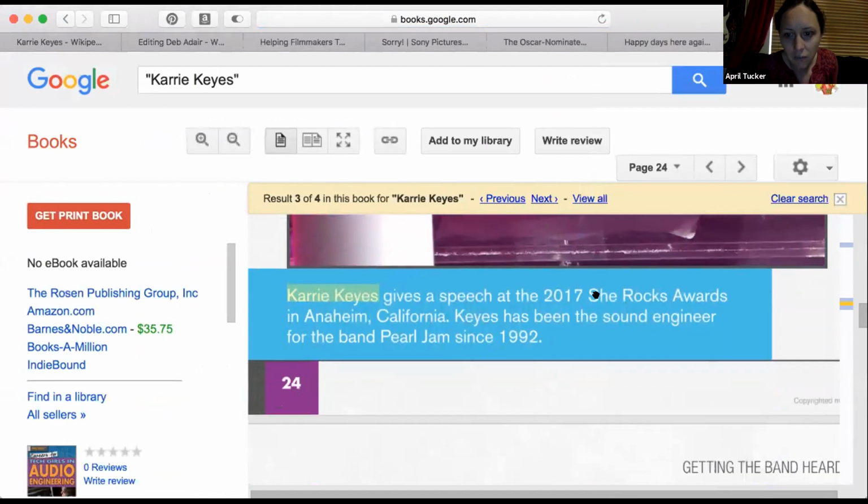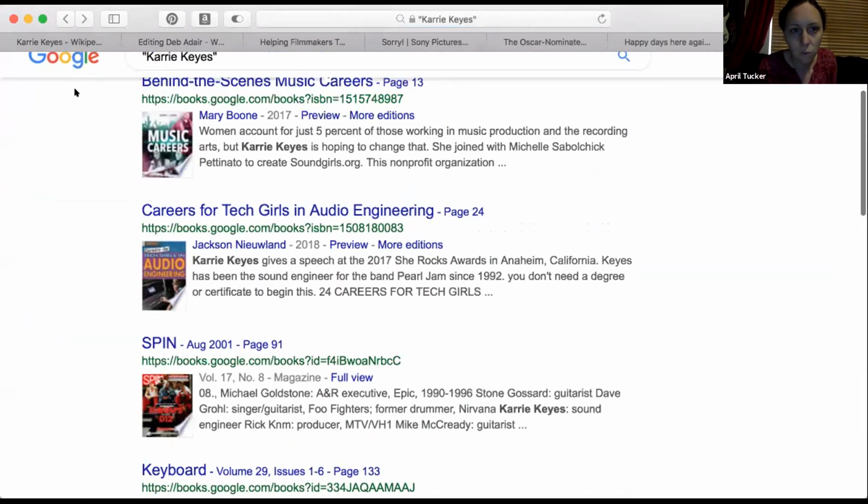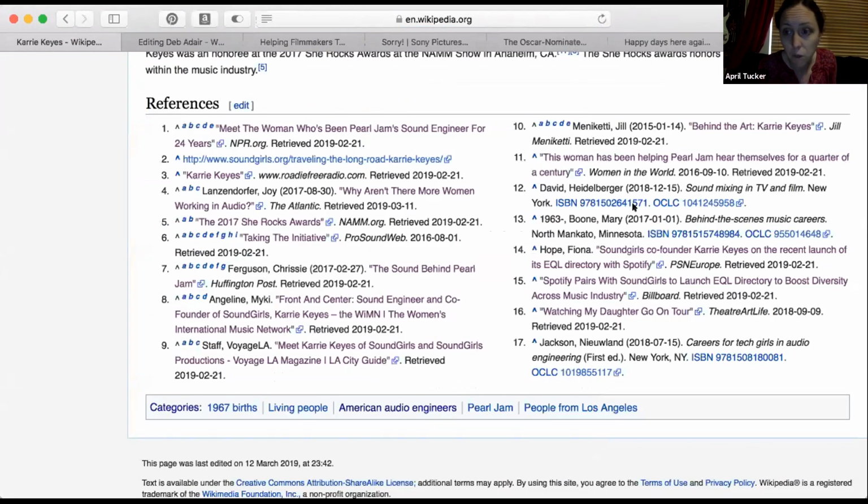She gave a speech at the 2017 She Rocks Awards. Well, that proves right there she was at the awards. She received an award. She's been a sound engineer for Pearl Jam since 1992. So that's why that book, Behind the Scenes Music Careers, is so important. If you're creating a new article, that's the type of thing I would definitely look for. If you're looking to update an article, I would totally look